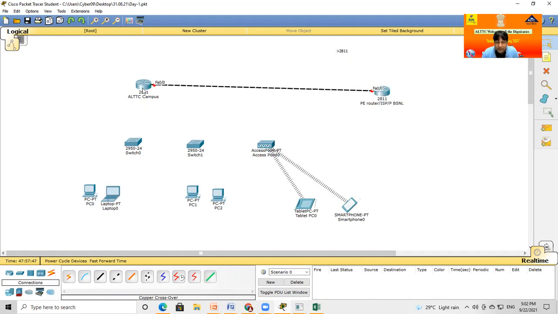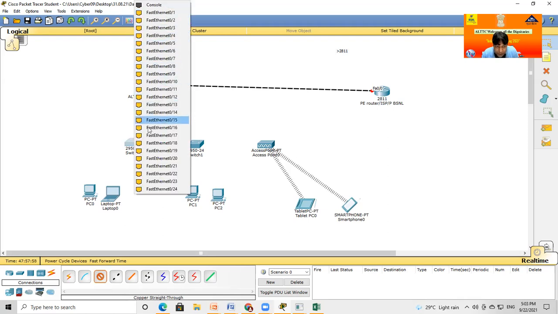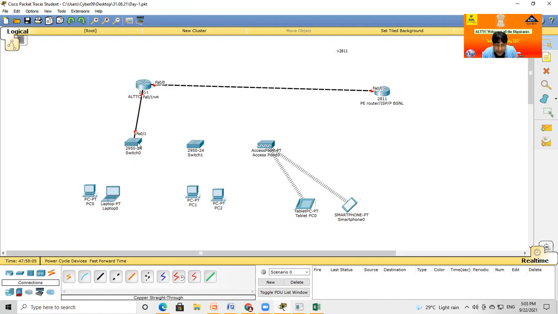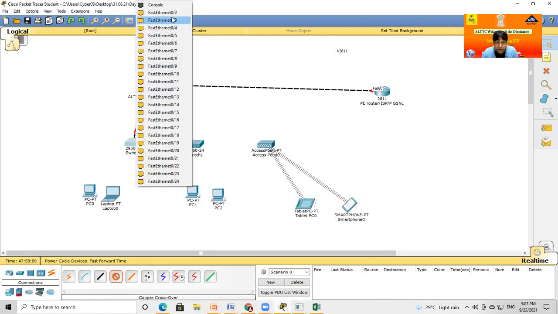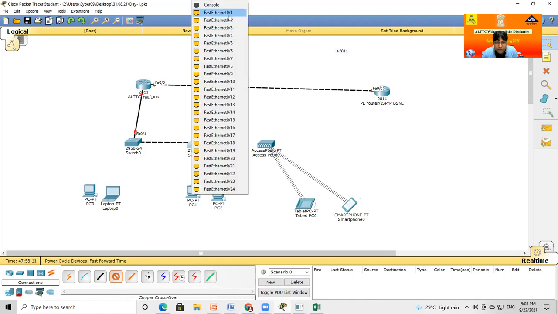Now router to switch, different devices, so in this case a straight cable. Click here, another port FA0/1. On the switch, you can put any location, any port, it doesn't matter. Again, switch to switch connection is crossover.